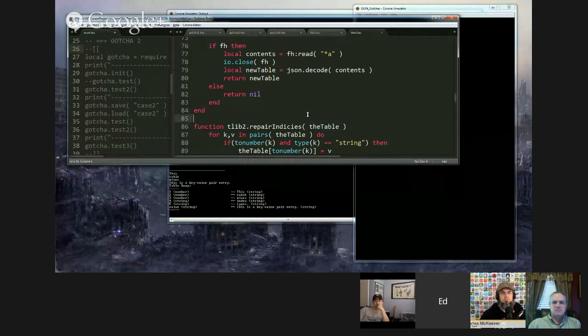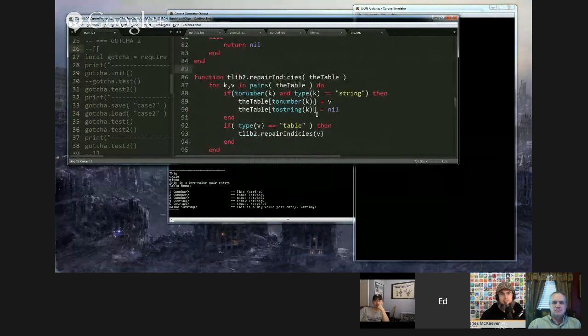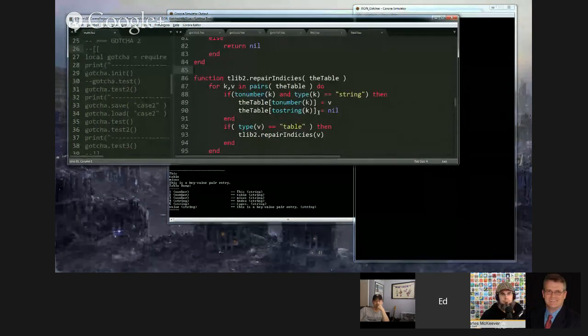Awesome. The key here, one thing I do warn people about, is that the deep strip copy function is recursive. So if you have a table with tables with tables with tables, and one of those tables links back to another table that's higher up, it will go into an infinite loop, and you will get a crash where you exceed the,